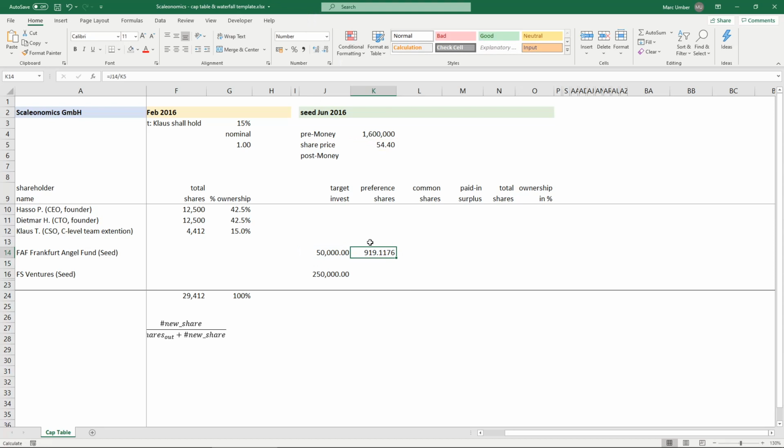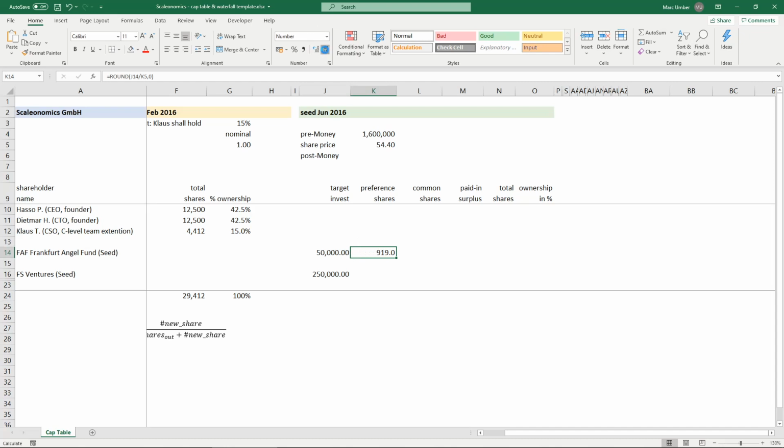Now again, we need to make sure that we're compliant with German company law. And German company law says that the lowest nominal value of a share is 1 euro. So we need to make this a natural number, which also explains why we differentiate between the target invest that an investor intends to invest, and this will slightly deviate from the actual invest, which we will calculate in the paid-in surplus. Now we know for 50,000 euros, Fritz Müller, the business angel from Frankfurt, is able to retrieve 919